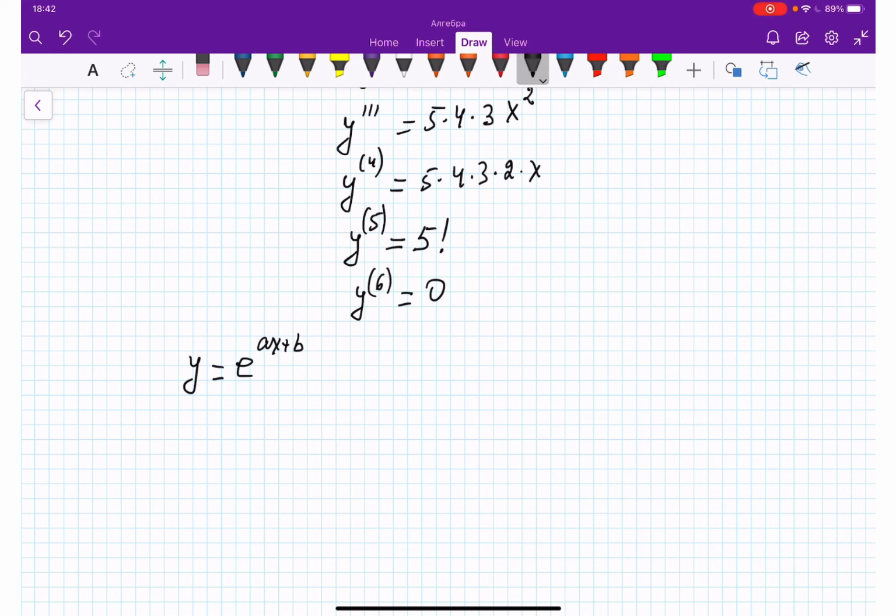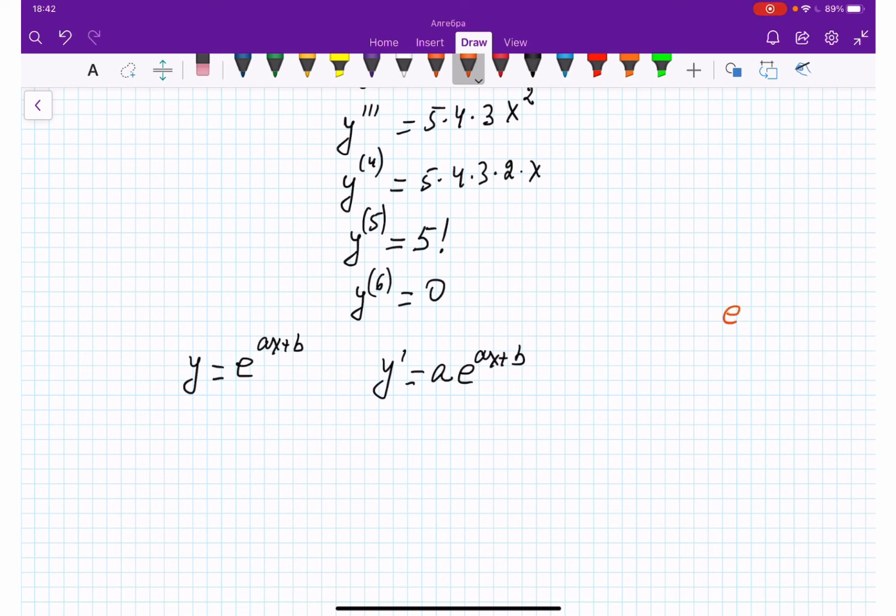Then y prime is going to be a e to power ax plus b, right? Because what do you do? You take the derivative of e to power ax plus b, and that follows the formula